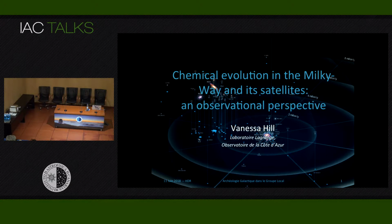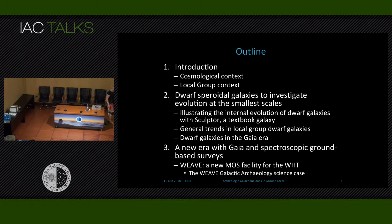So our own Milky Way and also the very interesting dwarf galaxies that are orbiting around the Milky Way tell us a lot about really the processes that preside over the chemical evolution of galaxies. And what I will try to do today is to concentrate on two different things. After some global context and introduction, I will concentrate on a few things about dwarf spheroidal galaxies, and the approach